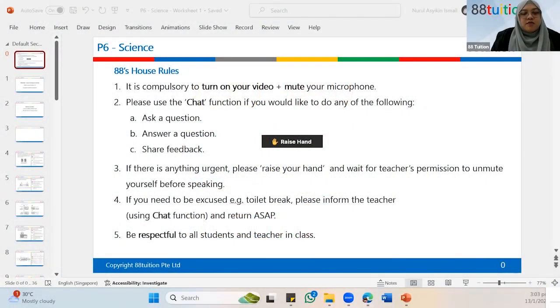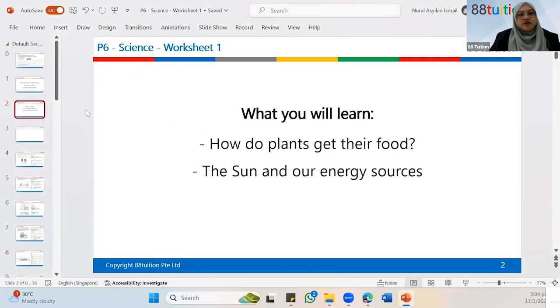Okay, more or less, most of you are doing energy. The chapter that we are going to go through today, if you take a look at your share screen, is something related to energy. In other words, photosynthesis, which is one of the more common chapters that schools will start with first. For those of you who are not doing the photosynthesis or energy chapter, bear with me first, because you will have to learn this chapter.